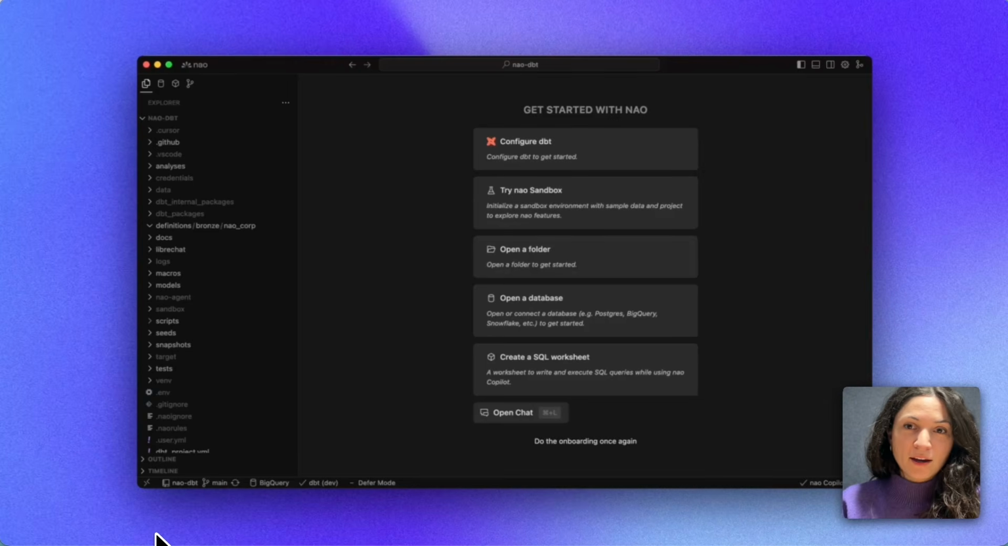Hey everyone, today we're going to do the first demo of Now, the open source analytics agent. I want to show you how you can set it up and what you can do with it. So let's get started. I'm just going to go to my code editor, and I already have installed the Now